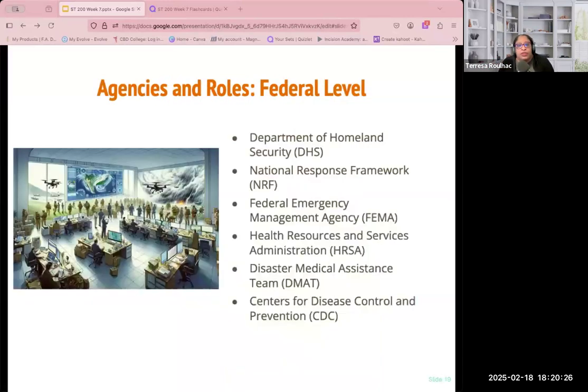Okay, so let's talk about some of the agencies. We look at FEMA, Federal Emergency Management Agency. They use the National Incident Management System, or NIMS, to organize and coordinate disaster response efforts across all sectors, including us in healthcare. NIMS provides a standardized framework with clear management structure, objectives, and defined chain of command, as well